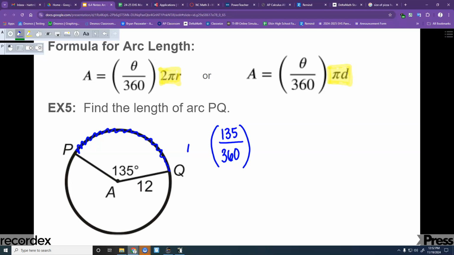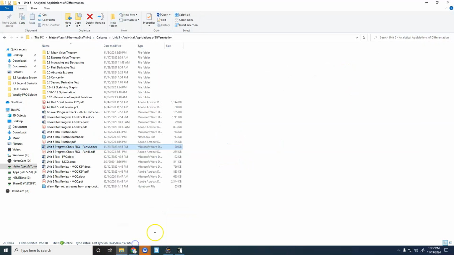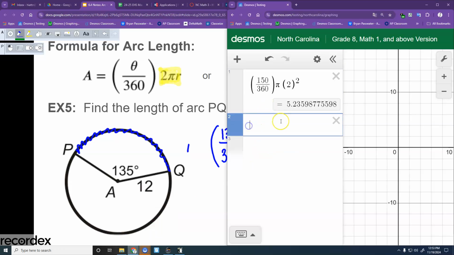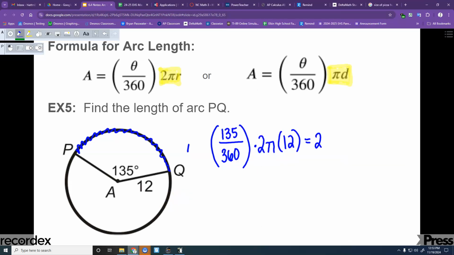And then I would multiply that by 2 pi times the radius, which is 12. So I can skip over to Desmos here and just type that in. So I've got 135 over 360, and then 2 pi times the radius, which is 12, and that is going to give me 28.274. So I'll go over here and get